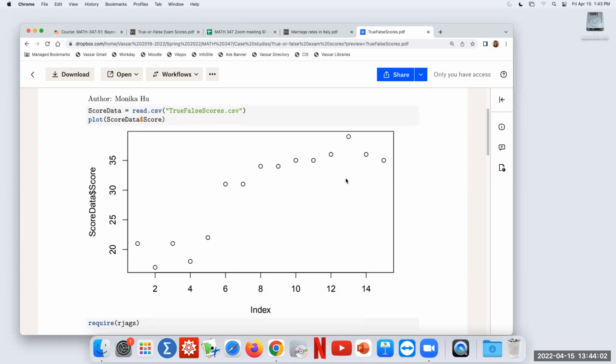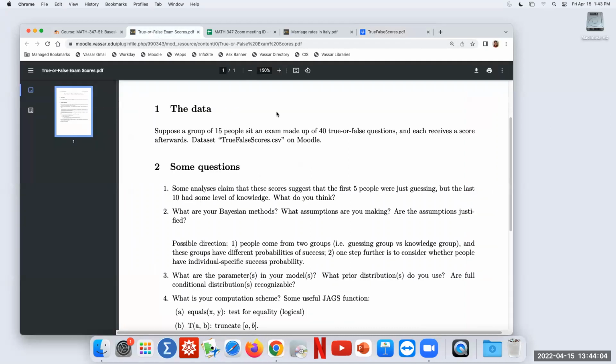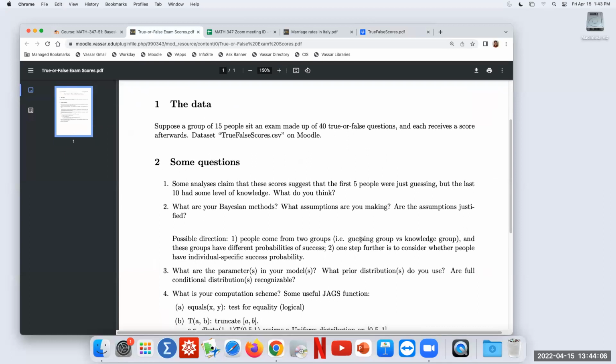Okay, but you could also, if you want, have an individual specific success probability. So if you're setting up, say, PI as the successful observation I, you can have PIJ, where J is a group indicator, right? Based on how we have learned hierarchical models in the past, okay? And you could also have this PIJ very specific to each observation, if you want to set up a hierarchical